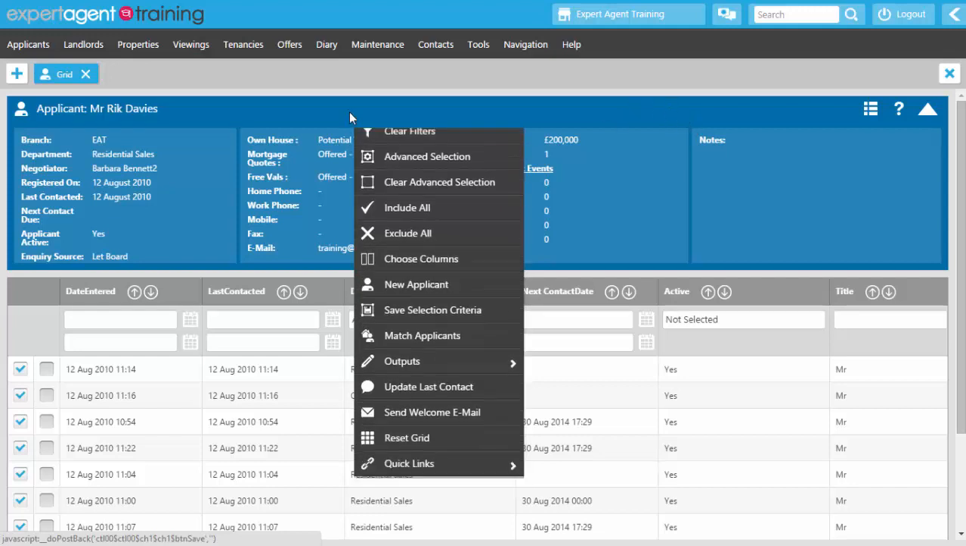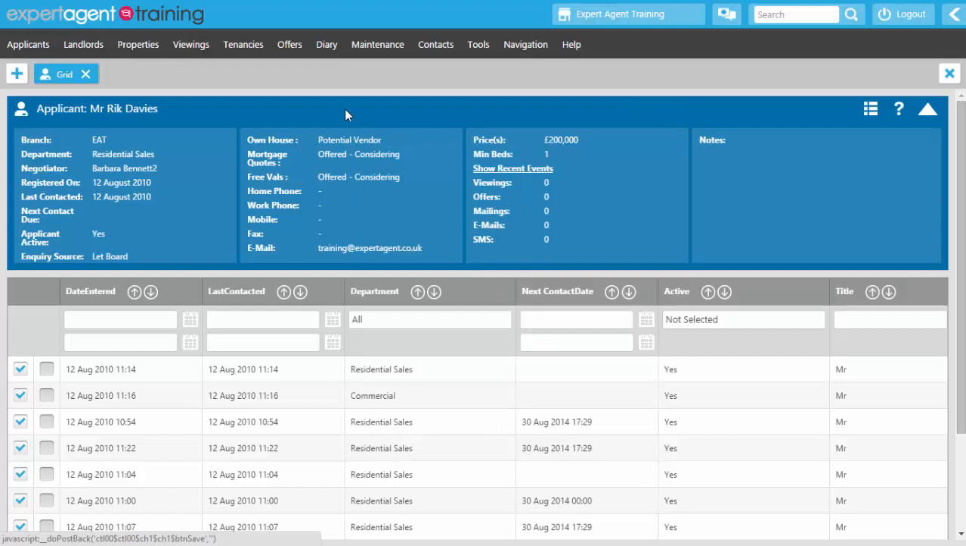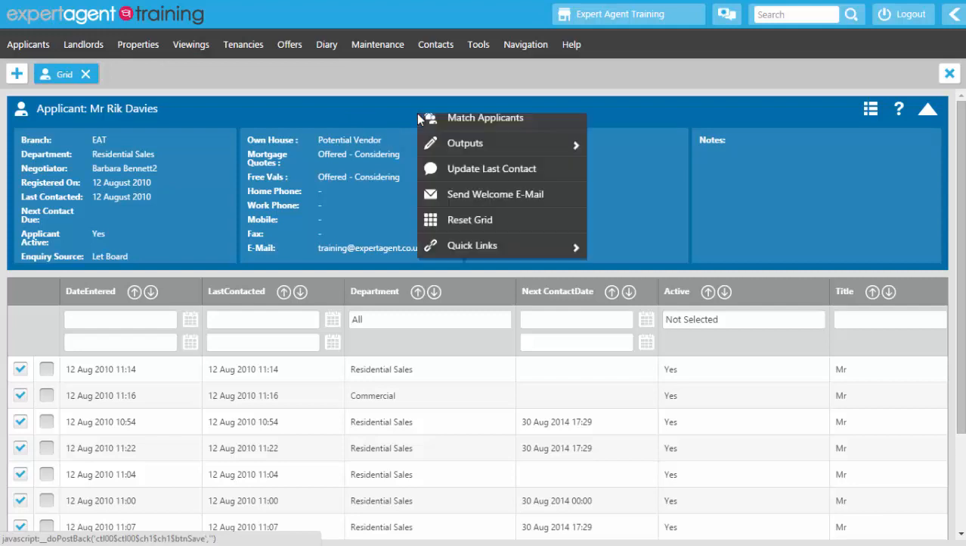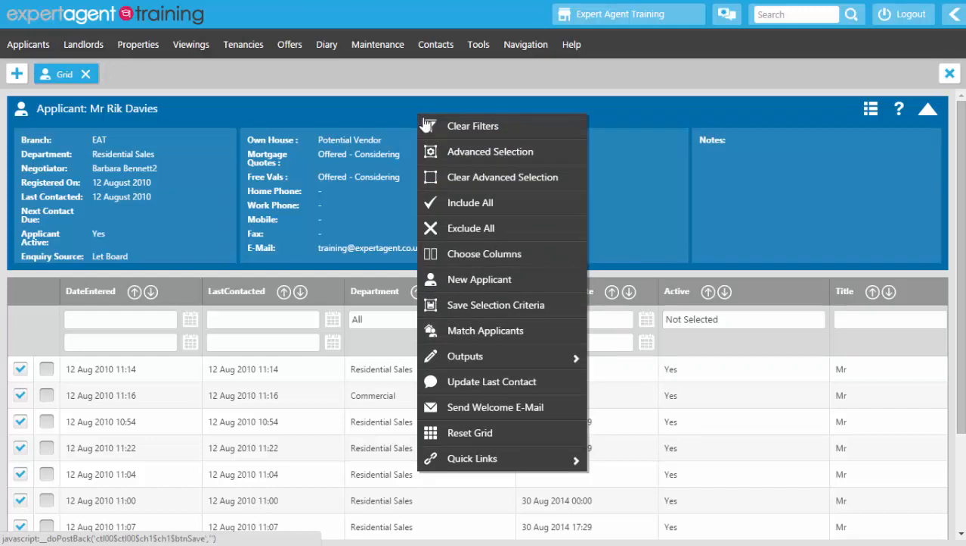The only thing to really configure in your grids is the columns. By default, you will have all the columns showing, when in reality, you will probably only need a selection of them. So if you right click on the grid or open up your action menu, you've got the option there